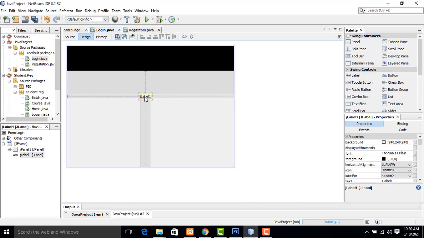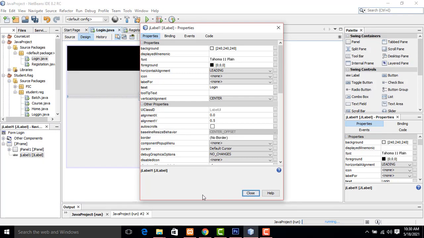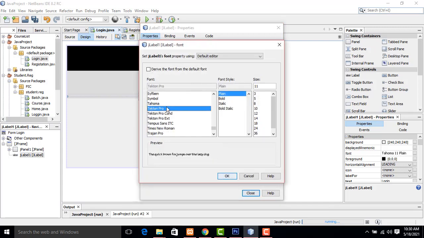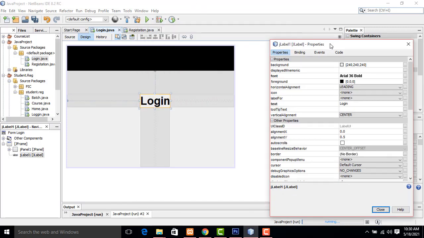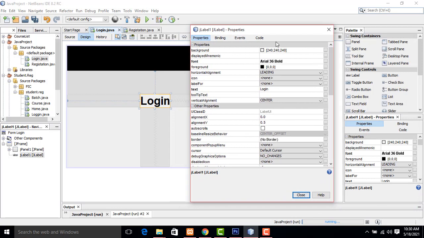Label. So for the label, we have to type the label login. Okay, here we have to give the color. Style we have to give as Arial. Arial is the best font, right? So 40, 36. Okay, now the color I am going to apply here.